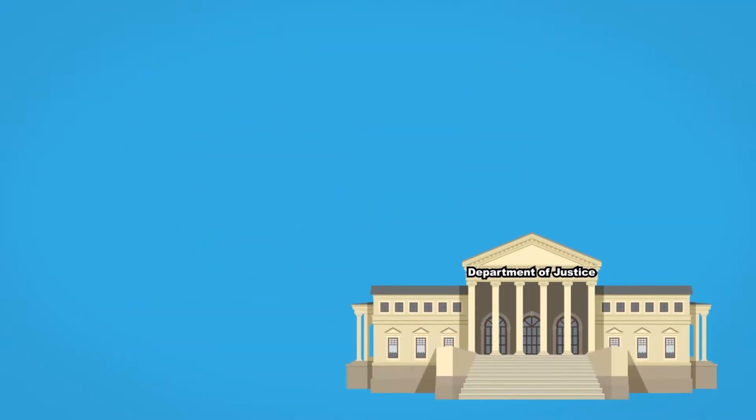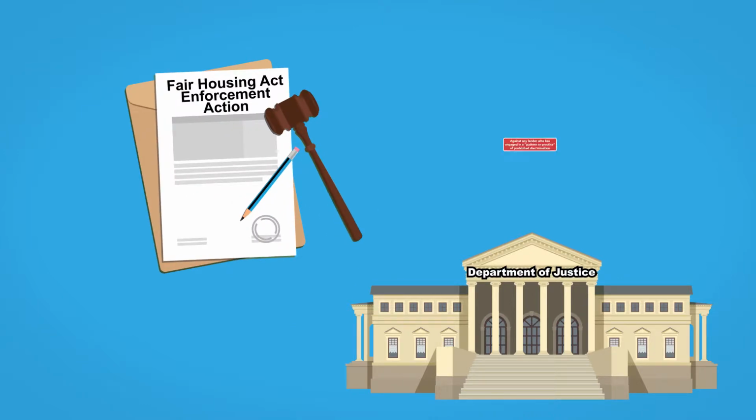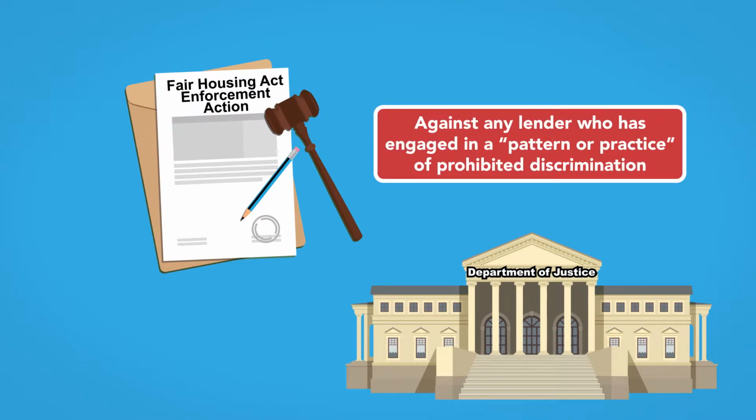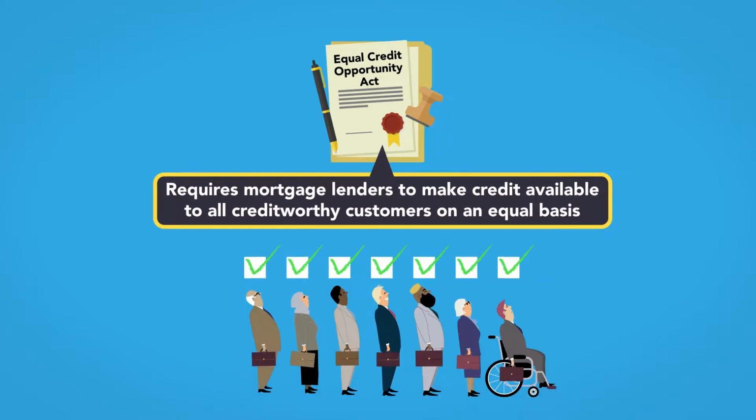The Department of Justice can also file a Fair Housing Act enforcement action in federal court against any lender who has engaged in a pattern or practice of prohibited discrimination, which means a general policy of discriminating rather than a specific instance of discrimination. The Equal Credit Opportunity Act requires mortgage lenders to make credit available to all creditworthy customers